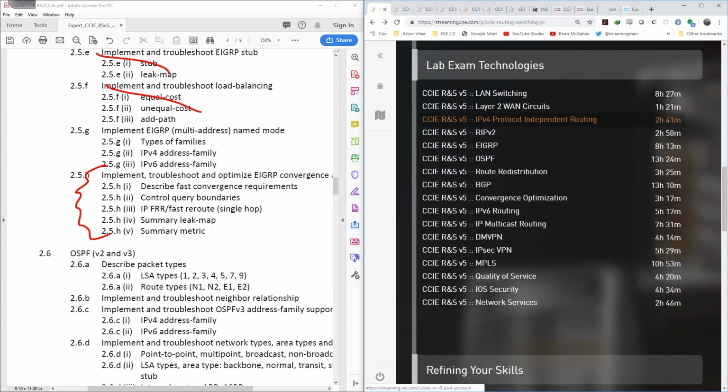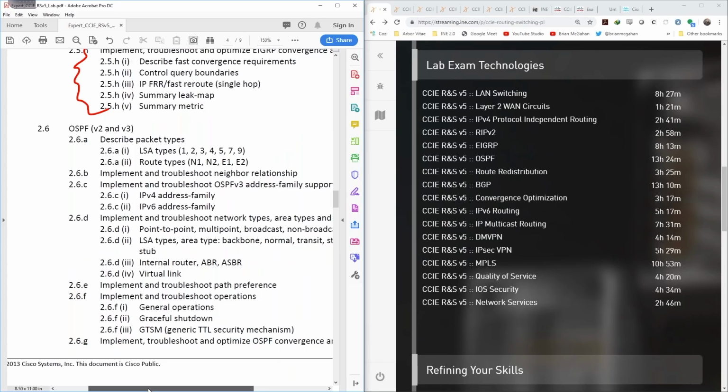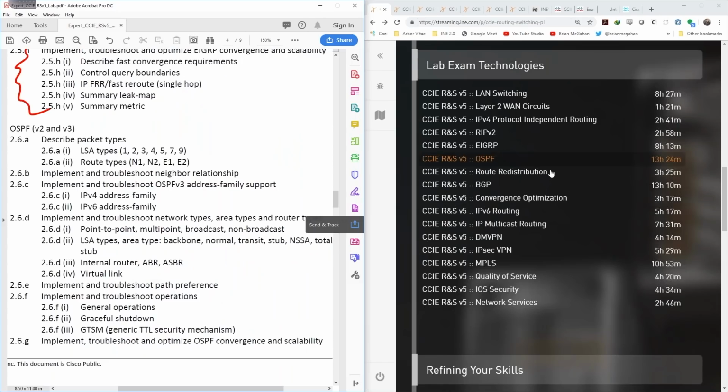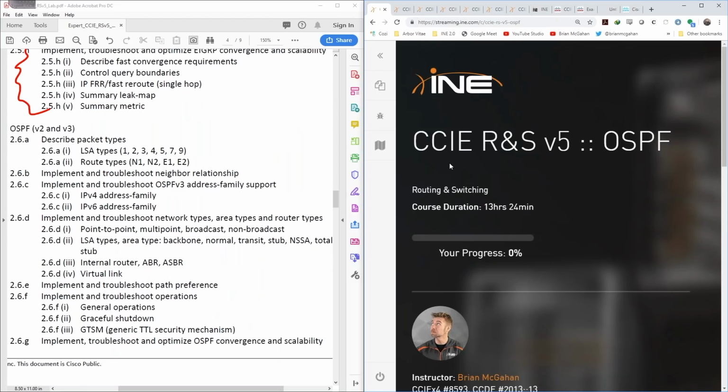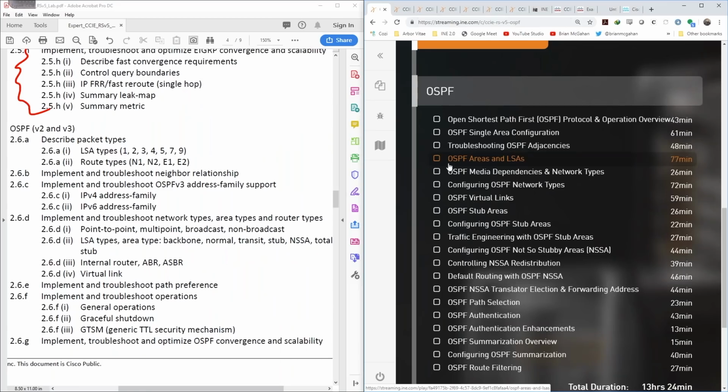Okay, for OSPF, this is probably where you're going to find the second most content, second best to BGP. So we have 13 hours. Actually, they're pretty close to each other. Okay, so OSPF, we have 13 hours on OSPF. And it says we want to know the LSA types and we want to know the route types. Okay, those would be listed